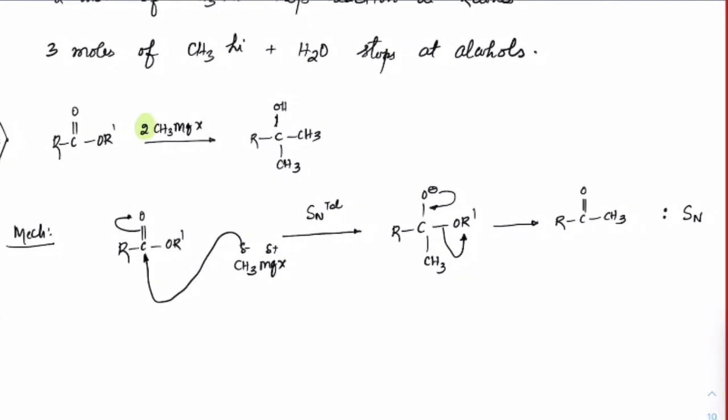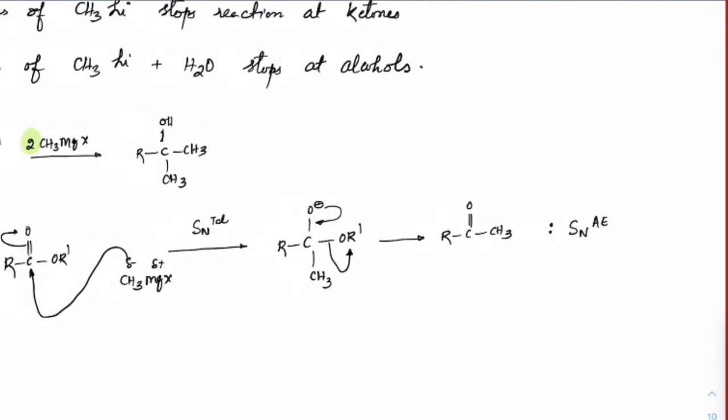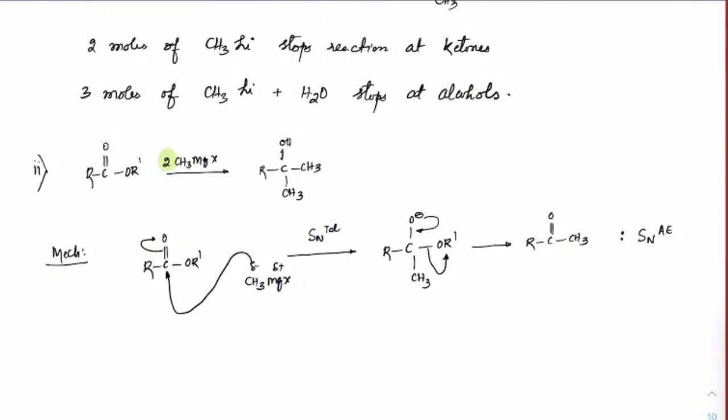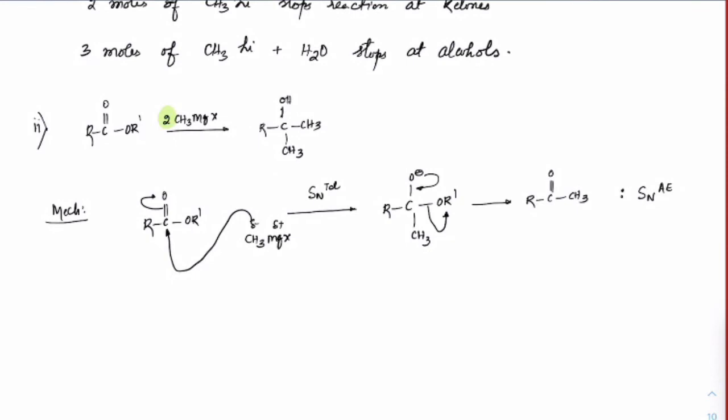And what kind of a reaction is it? First an addition is happening, then an elimination is happening. So it is SNAE kind. So in Grignard's reaction with acid derivatives, we can see that first an SNAE is happening. You might get options in the questions asking whether any SNAE is happening in the reaction or not. So in esters, we can see that first an SNAE step forms a ketone. So this is step 1, where you can see 1 mole of Grignard's reagent has already been used.